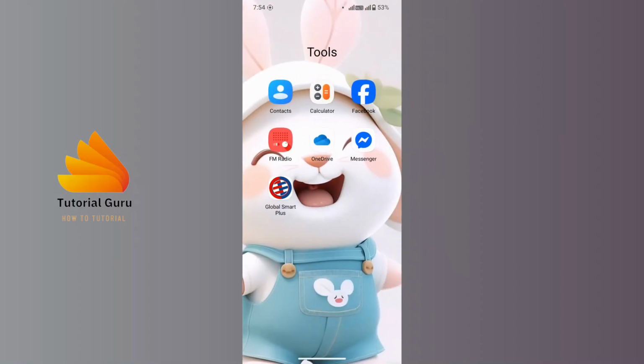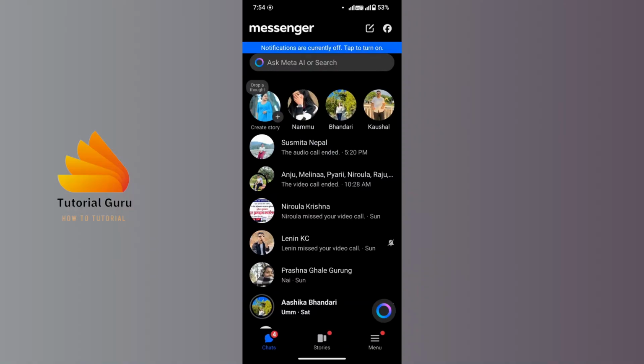At first, make sure you have the Messenger app downloaded from Google Play Store or App Store, and also make sure that you have logged into your account. So let's open it. Now see, this is the inbox of your Messenger, and you should tap on